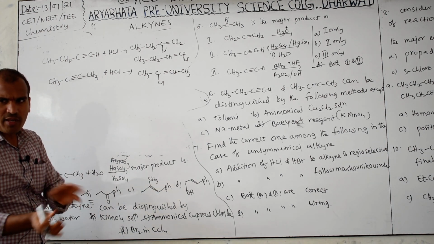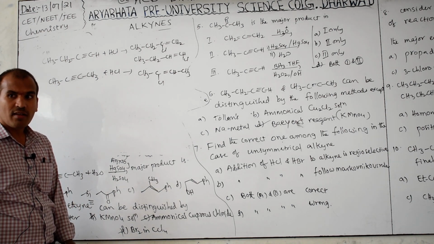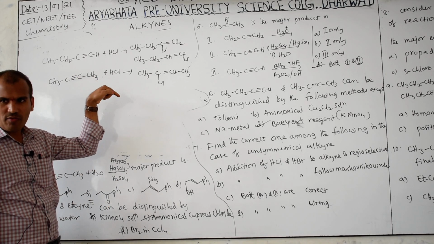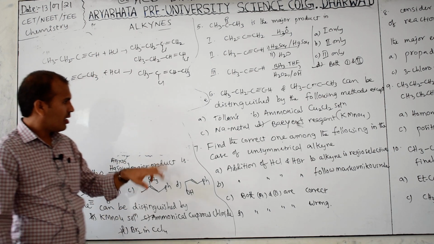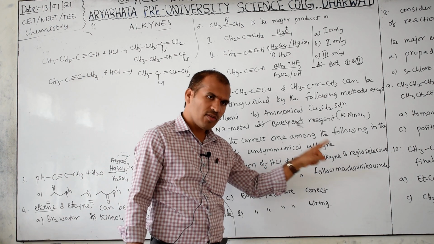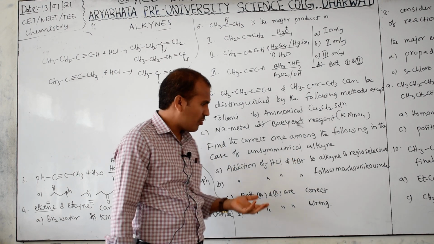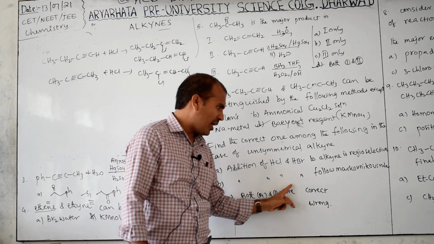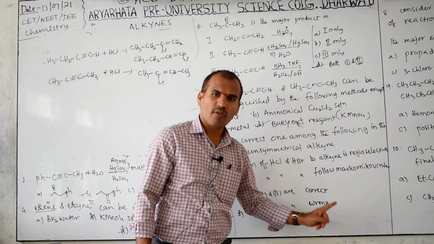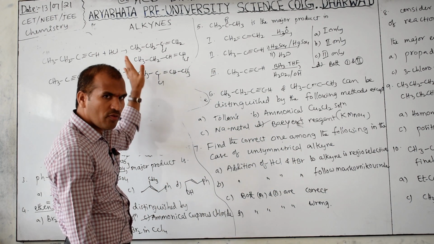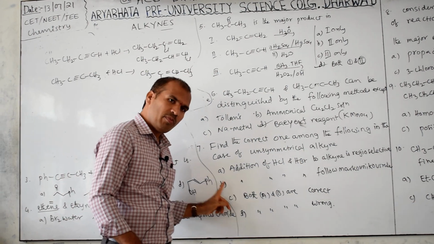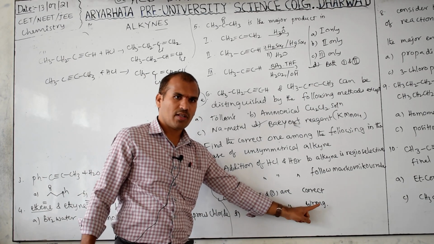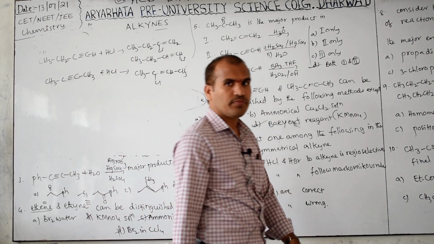When symmetrical is there, add to any one side. Unsymmetrical is there? Regioselective. It means it selects the region where the stable carbocation forms. Yes or no? That's why in case of HCl and HBr, regioselectivity is possible. Regioselective is nothing but which rule does it follow? Markovnikov rule. Addition of HCl and HBr follows which one? Markovnikov rule. Markovnikov rule followed or not? Followed. Therefore A also correct, B also correct. Therefore which option is correct? C is correct. Both are wrong is also given, that is not. So C option. Next.